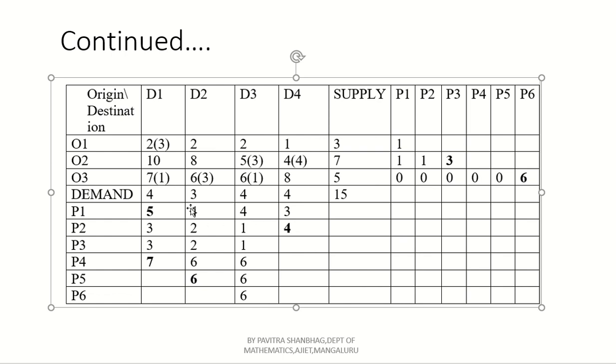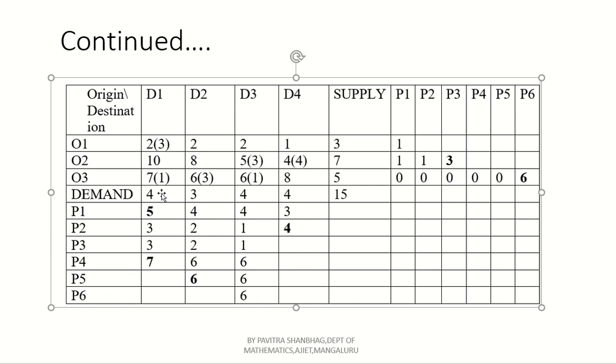What is the maximum penalty? Mark it. Here we are getting a column. In that column, consider the least element, that is 2. For this we assign the minimum value from the supply or demand. Here demand is 4, supply is 3. The minimum is 3, so write 3. After assigning this 3, row R1 completely vanishes. Simultaneously, 1 remains in the demand. Sorry, I forgot to mark that here. Here 1 remains.